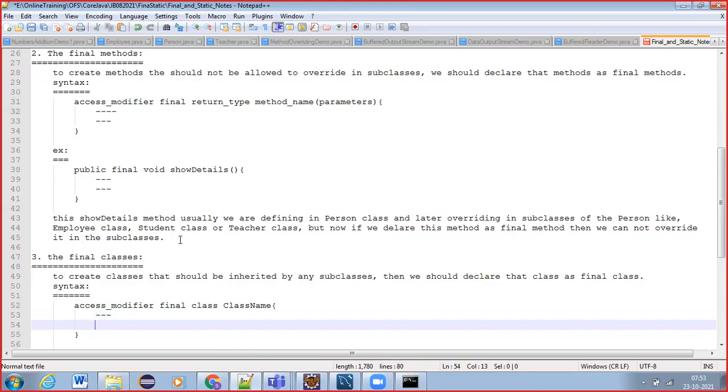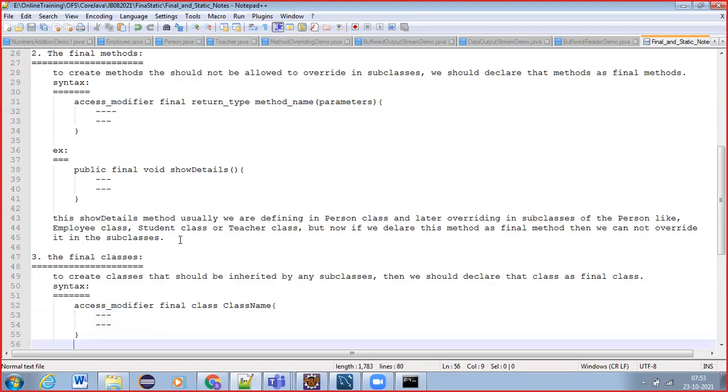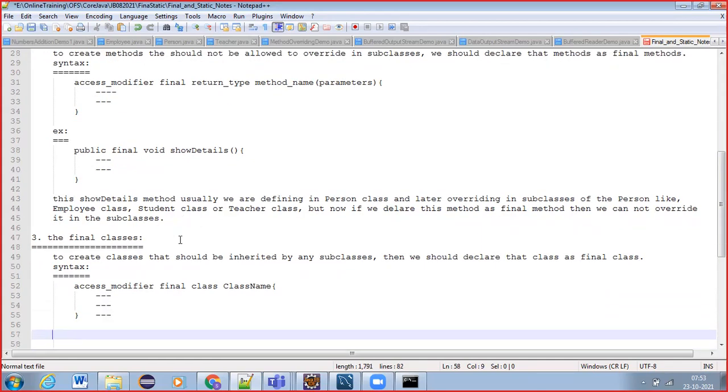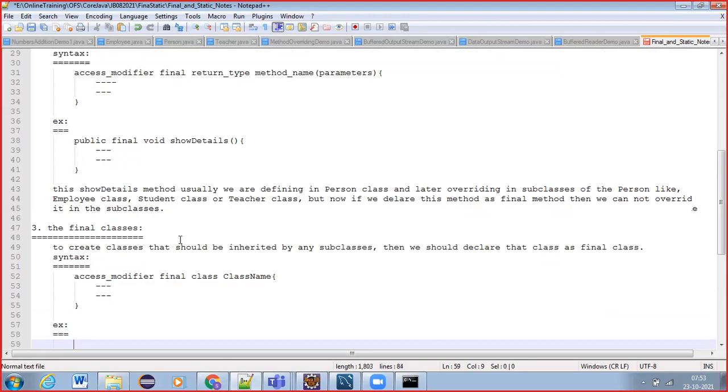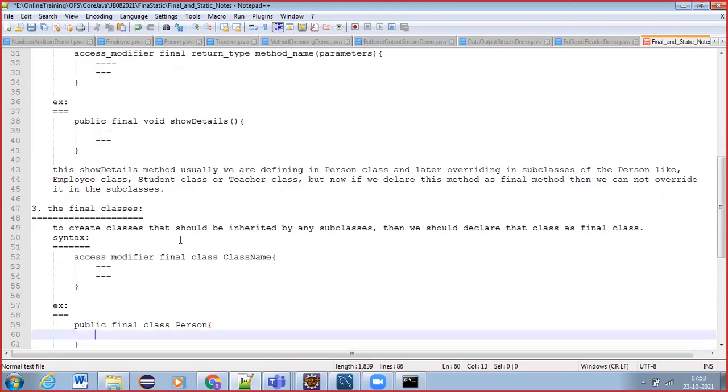Under this class you can write any regular class definition, just like any other class you are defining. Example, we can write: public final class Person.